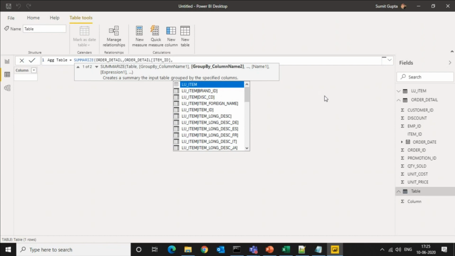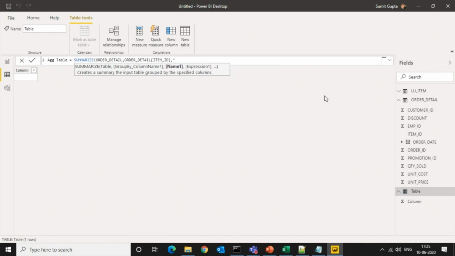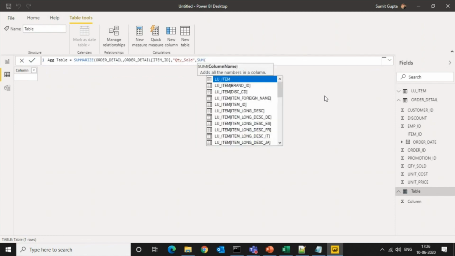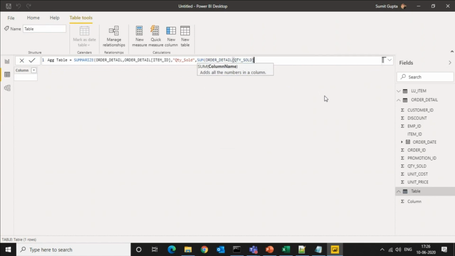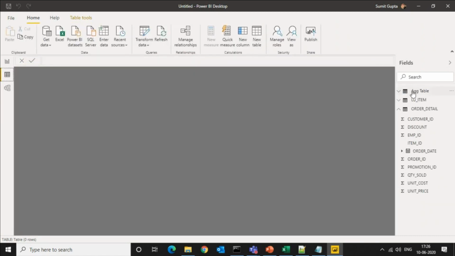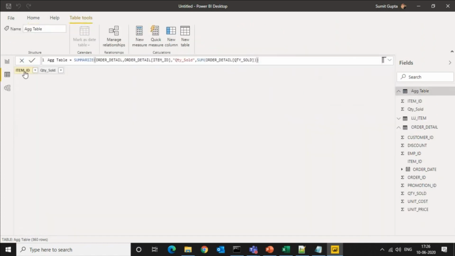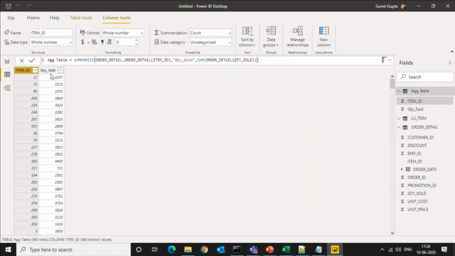the measure column to be called, let's say, QTY sold. And then the aggregation function that I want to use is sum, quite obviously, in the order details table, and that's going to be the quantity sold. Close the bracket, hit enter, and that's going to return me a table. Okay, and that's going to have two columns, item ID and quantity sold, 360 rows of data, which is